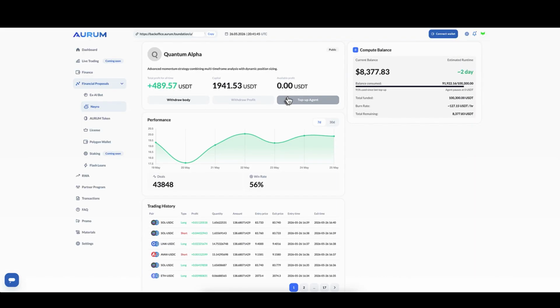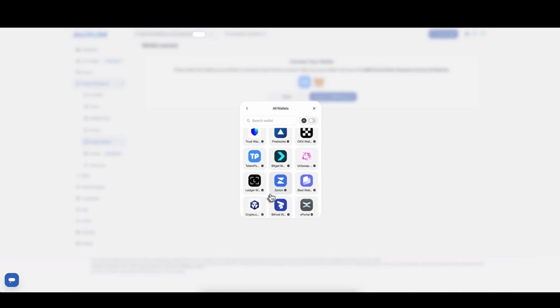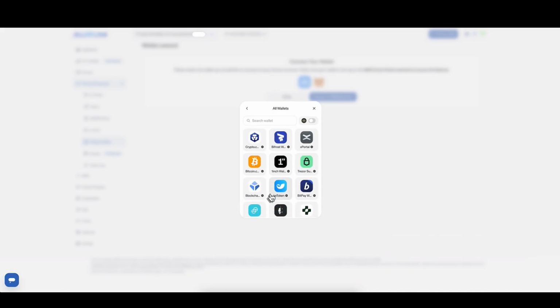Now, this bot, I like this bot because you're in control of your money. You connect your wallet. There are many different wallets, as you can see here. You connect the wallet. We'll show you, you can have Wallet Connect, MetaMask, Phantom, Tron. If you search here, you'll see dozens of different wallets that you can